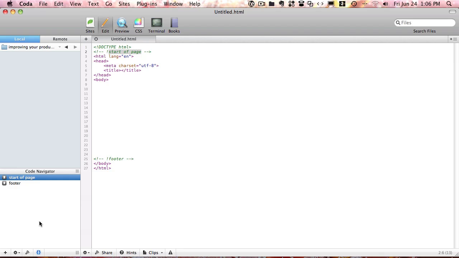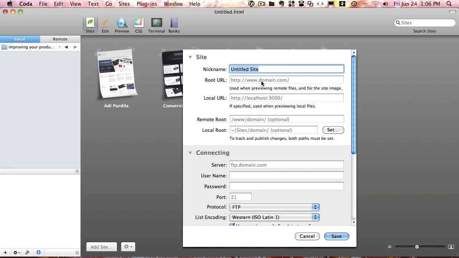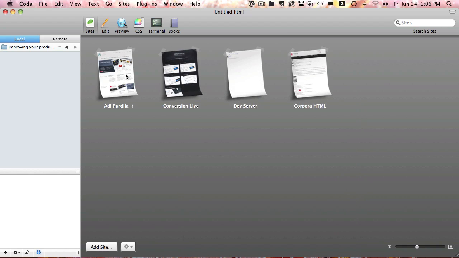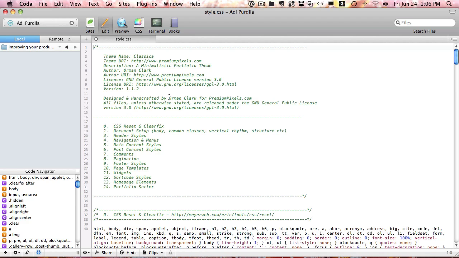Okay, so the last thing that I want to talk about, and this was very handy for me, is the sites option. And you can define a list of sites here. You can give it a nickname or an alias. You can give it the URL and some FTP connection information. And let's just go ahead and open up my own website here. And Coda automatically remembers the last files that I worked on that particular site. So go to Remote tab,